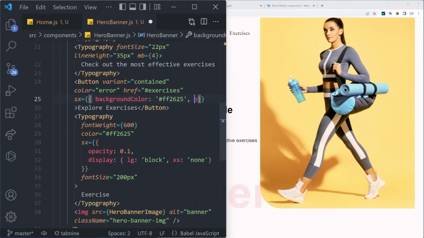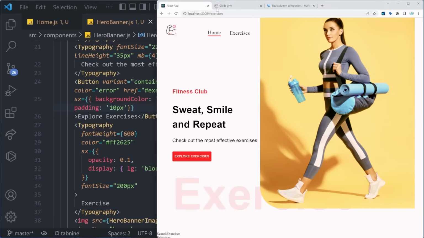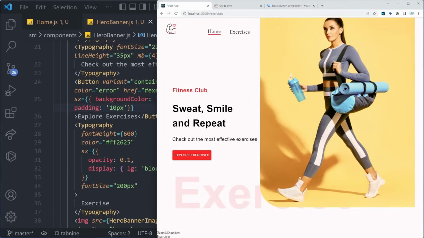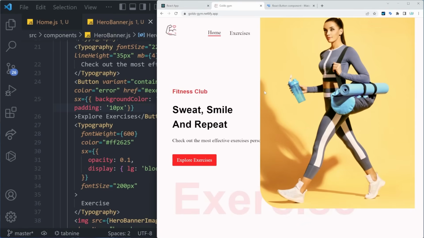So this is already looking much better. And we can also give it some padding. Like let's try with 15 pixels. That's a bit too much, so 10 might do. There we go. So now this is incredibly close to the design. Looking great. With that said, we are done with the start of our homepage, but we're moving to more exciting stuff,